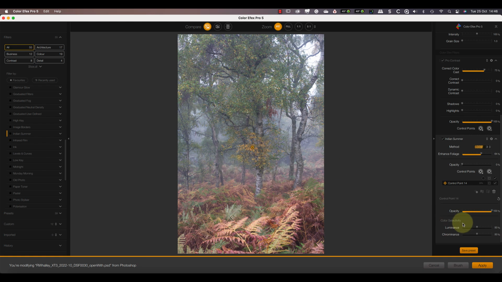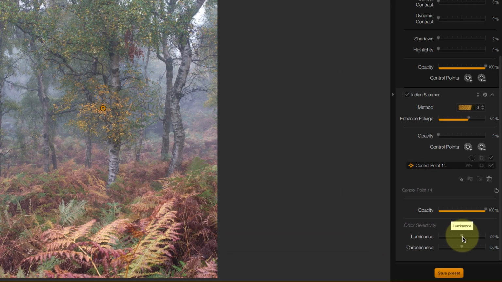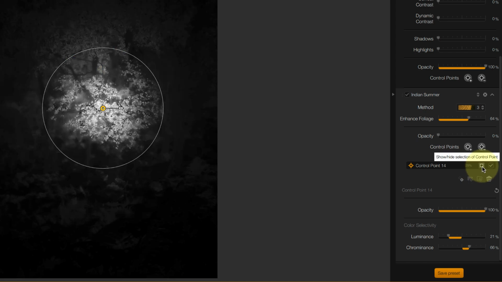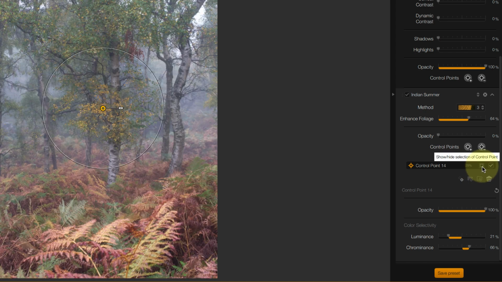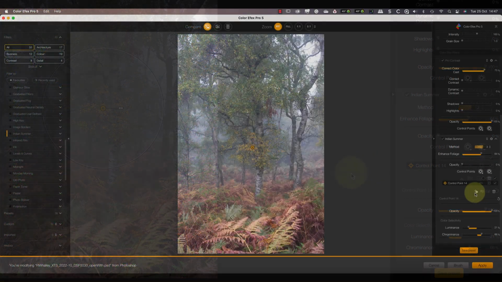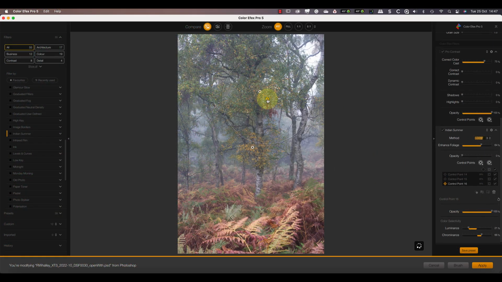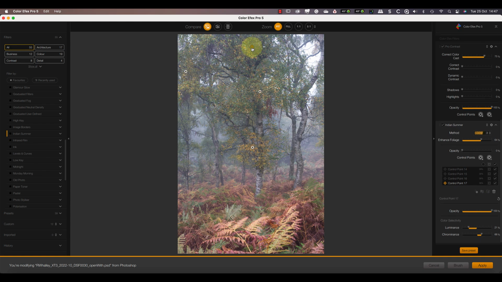As I'm using Nik Colour Effects Pro 5 for this edit, I can also fine-tune the control point selection using the colour selectivity controls. When I move the luminosity slider left, the control point becomes less sensitive to changes in brightness, meaning it selects more. At the same time, I can move the chrominance slider right to increase the sensitivity to colour. This allows me to precisely target the colour of the leaves on the trees and avoid the filter from affecting other areas. Having done that, I can duplicate the control point and use it to select other areas of the